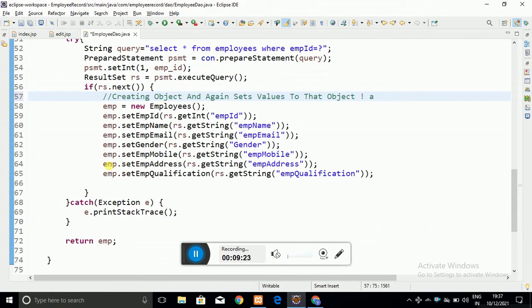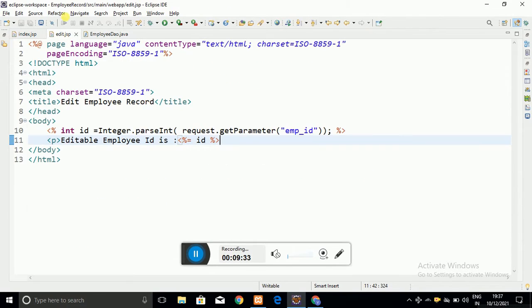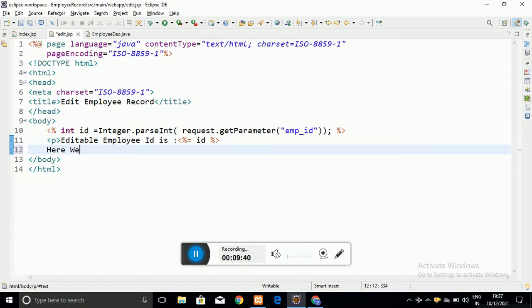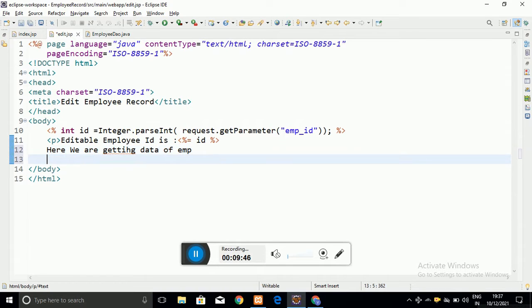So we require this method in the edit.jsp page while we are editing the details of a particular employee. Let me come to the edit.jsp page, where we are going to fetch the details of the employee with the particular employee id, passed as the parameter to the method we have just created.